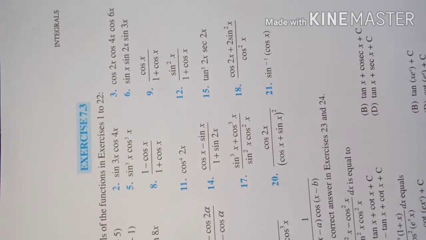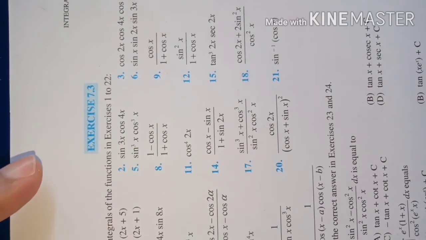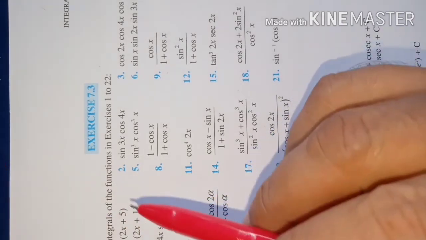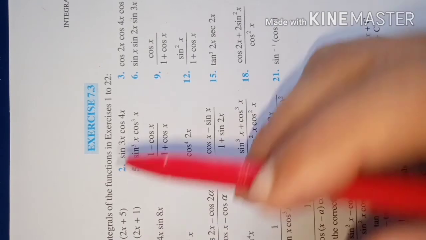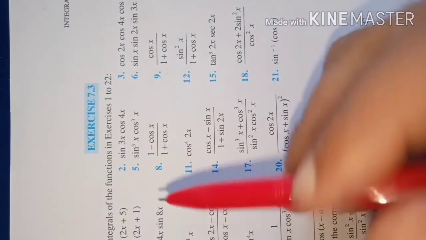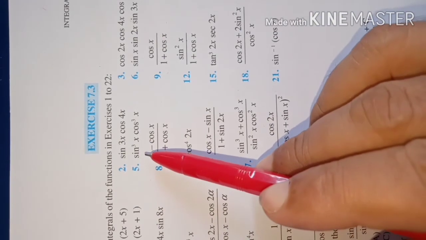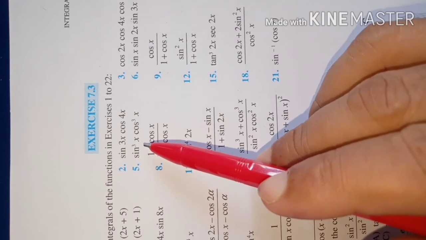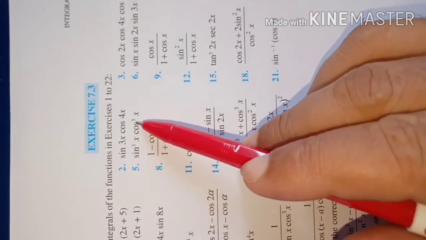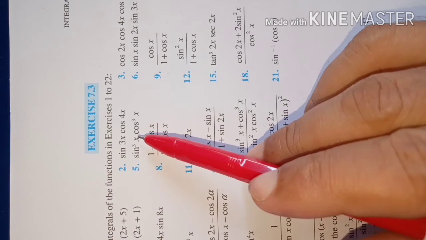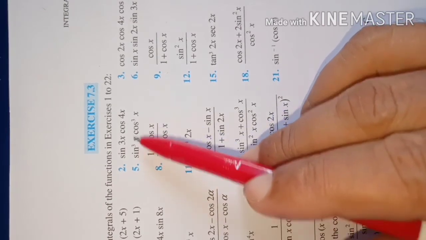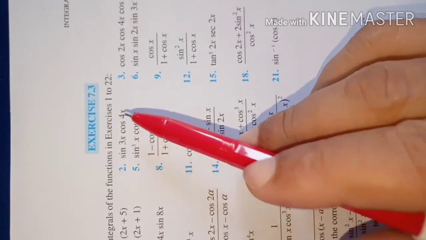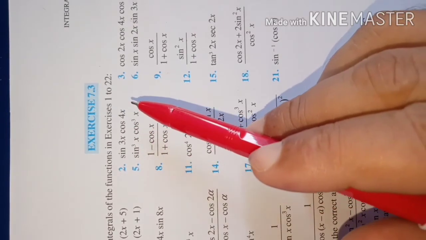So dear students, question number 4, as I told you, sine cube. This part you take as a new variable, say t. Then after that you can proceed accordingly. Sine cube t, and then just go by using the identity, you will get the solution. I am taking question number 5, which is a little different. Sine cube x cos cube x. If you have an expression of this kind, you look at the powers of the trigonometric functions. If one of them is an odd number, then for the factor which has the odd power, you consider a new variable, say u or t.